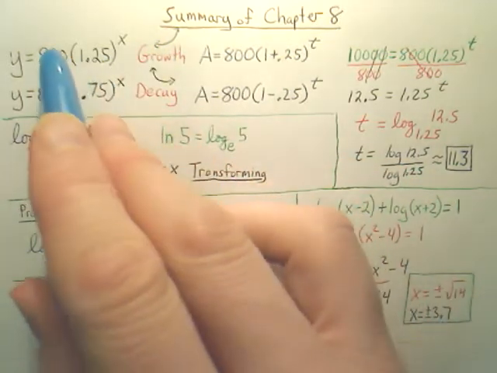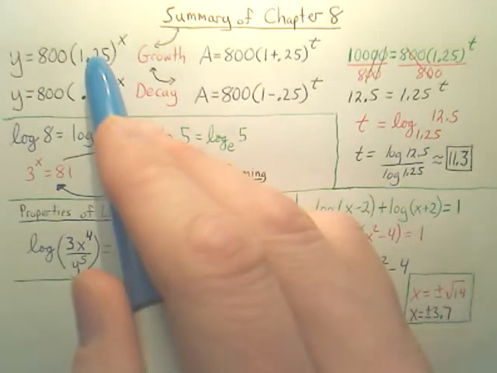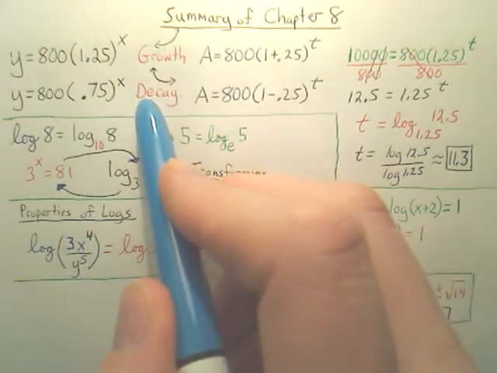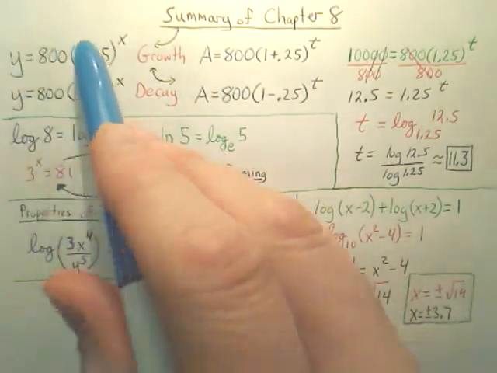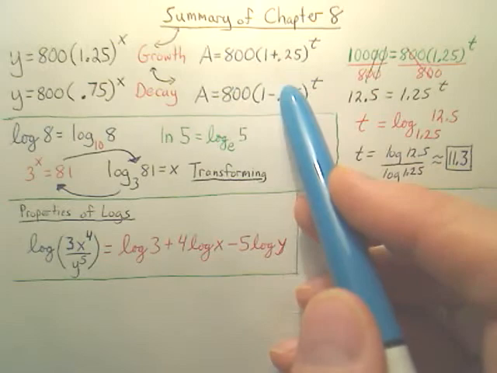So we first started off with a beginning value, and the value you took to a power. If it was bigger than 1, it was growing. If it was less than 1, it was decaying. Then what we did, after we did the graphs, we then switched over to the interest rate problems, which this